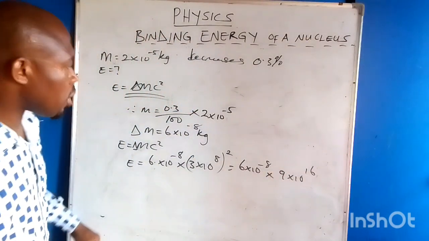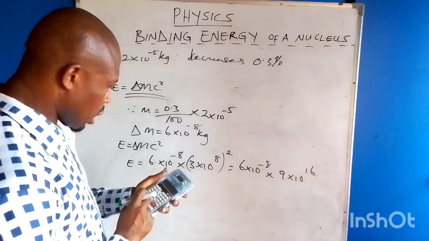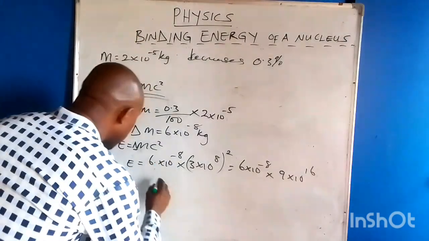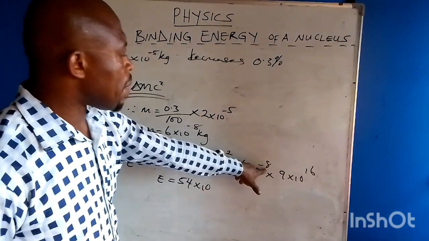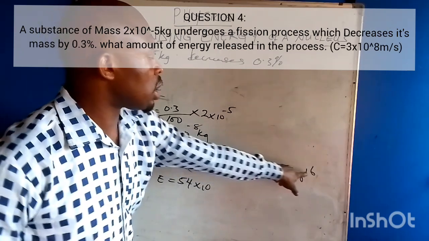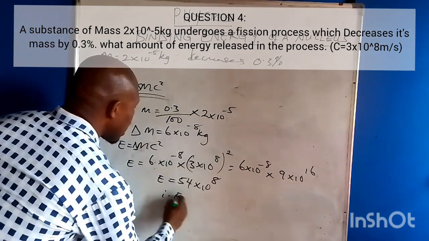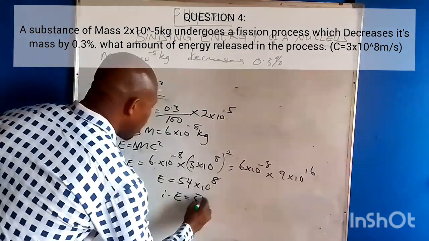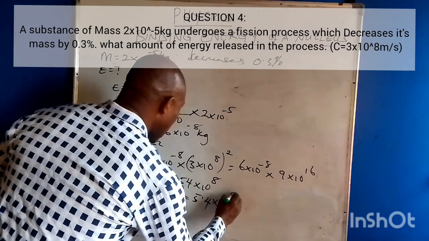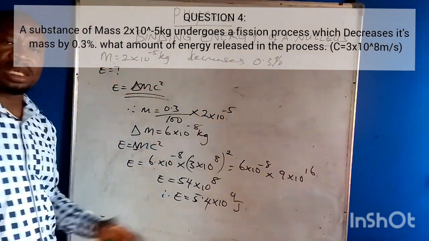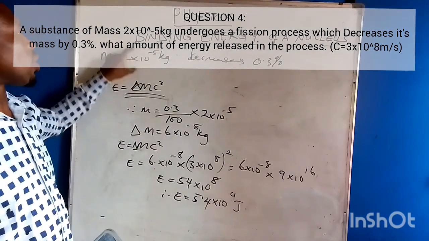By calculation, 6 times 9 gives us 54. Energy is 54 times 10 raised to the power minus 8 plus 16, which gives positive 8. Therefore, the energy released in the process is 5.4 times 10 raised to the power 9 joules. That is the energy released when this particular mass decreases by